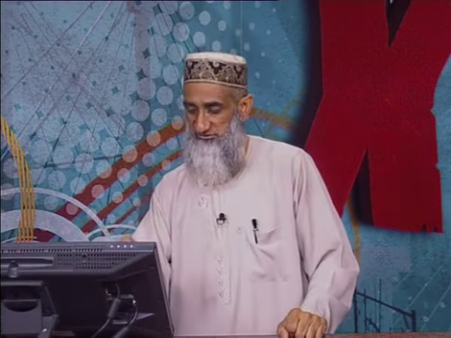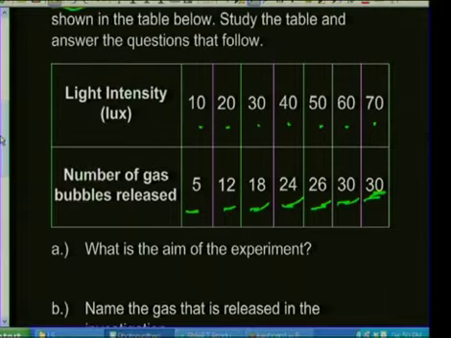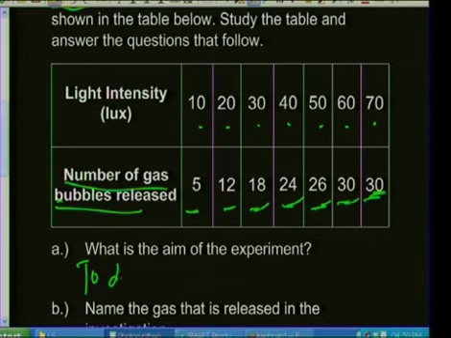So if I tell you at the end of 5 years, you know what, I only managed to make 500,000. My aim was a million. I look at my account, I see there's 500,000, and therefore I only managed to collect 500,000. That's my conclusion. So in the same way, you must think about that when you're answering these questions, okay? So what is the aim of this experiment? What were we checking? The number of bubbles that were released, and the number of bubbles indirectly tells us the rate of photosynthesis. So the aim of this experiment was to determine